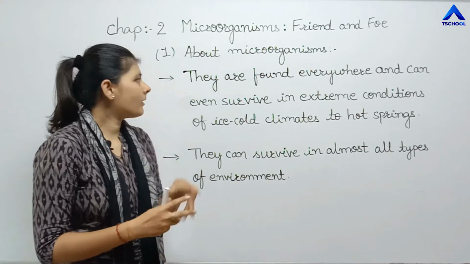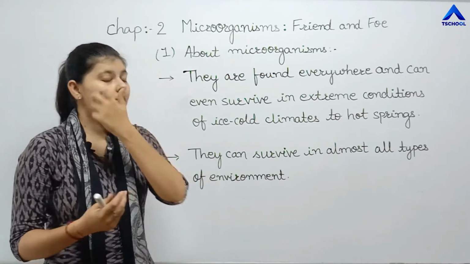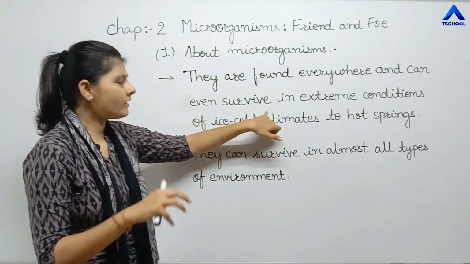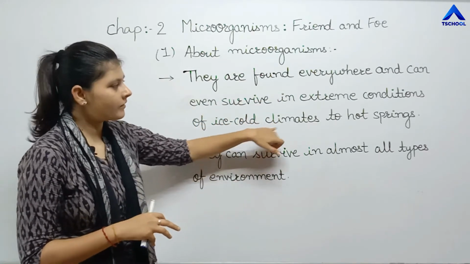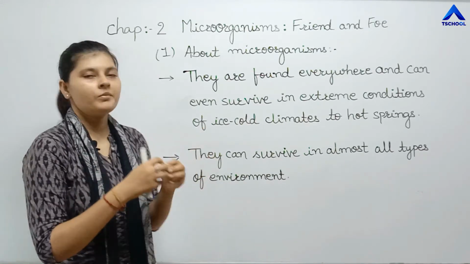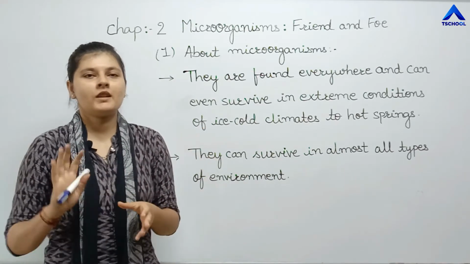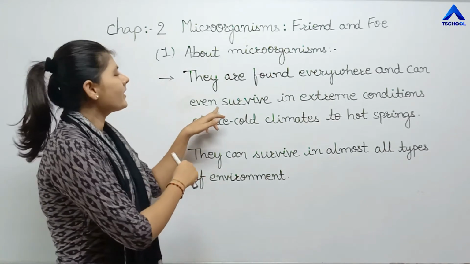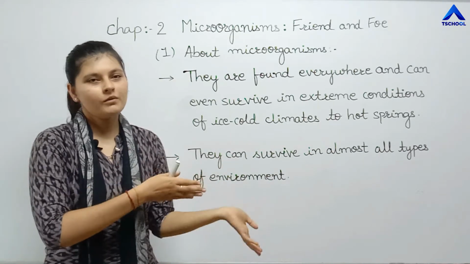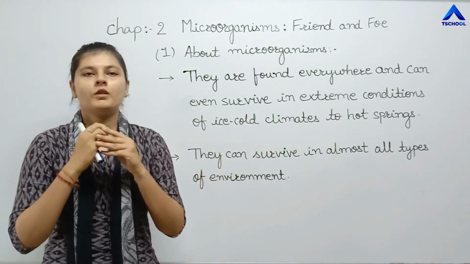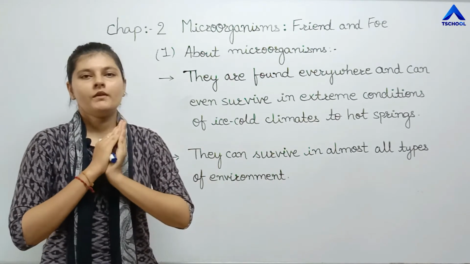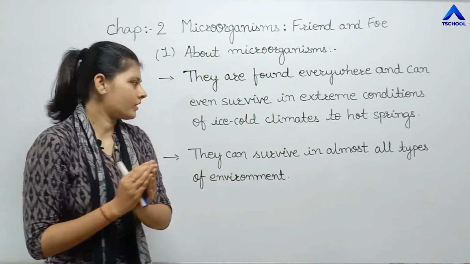Talking more about the microorganisms that we have discussed earlier, that they are found everywhere and can survive in extreme conditions of ice cold climates to hot springs. इसका मतलब ये है कि ये वाले जो microorganisms है वो आपको कहीं भी मिल सकते हैं, वो आपको बोल सकते हैं हाय हेलो, एंड देन वो किसी भी एक्सट्रीम कंडीशन में सर्वाइव कर सकते हैं, या वो आइस कोल्ड क्लाइमेट हो और या फिर वो बहुत ज़्यादा हॉट डेजर्ट वाला एटमोसफियर हो, राइट? सो दे कैन सर्वाइव एनीवेयर इन एनी सिचुएशन, राइट?